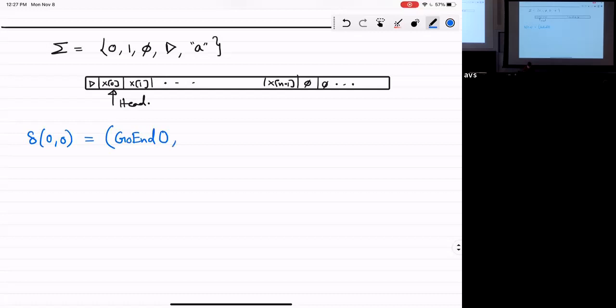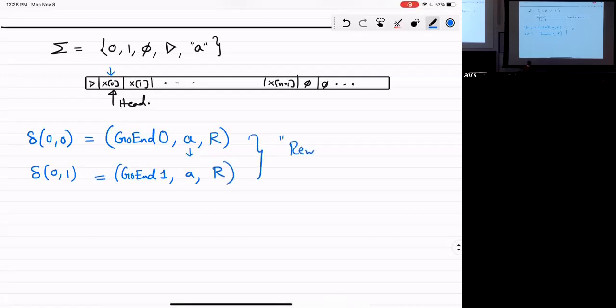Okay, and I'm going to write down this x0, or write it as marked. I've seen the symbol, right? That's what I'm writing. And what should the head do? It should move to the right. Okay. And similarly, if I see a 1, I'll say you go to end scan 1. That's your next mode of existence, and move to the right. So these two together